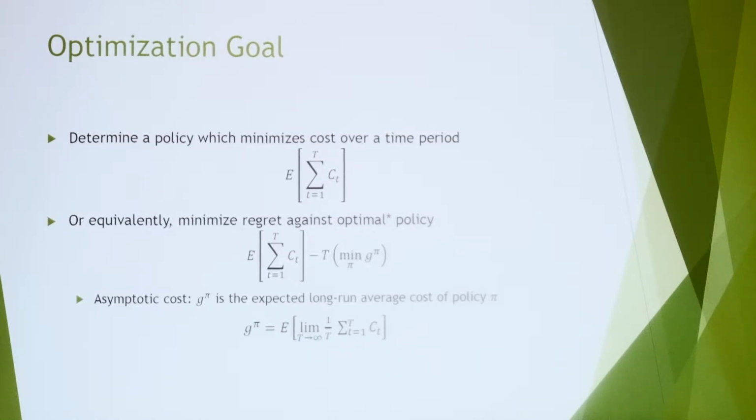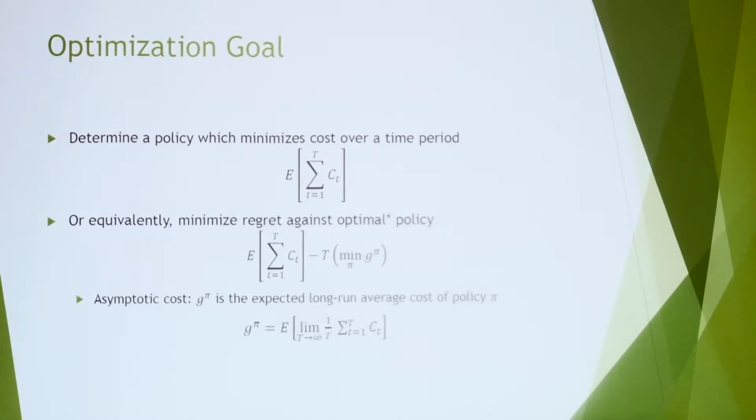Equivalently, we can also minimize the regret against the optimal policy. So the regret is just defined as the total expected cost that you incurred, subtracted by the total cost had you been playing the best policy throughout the entire time horizon. So in the notation here,